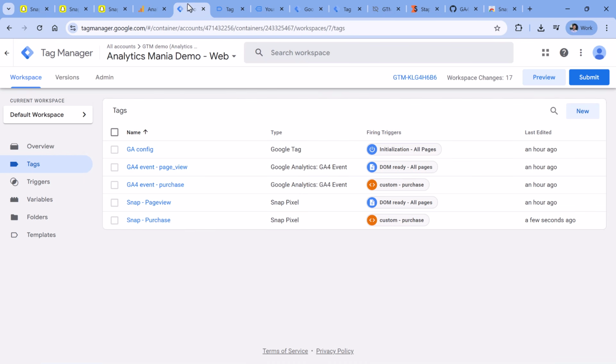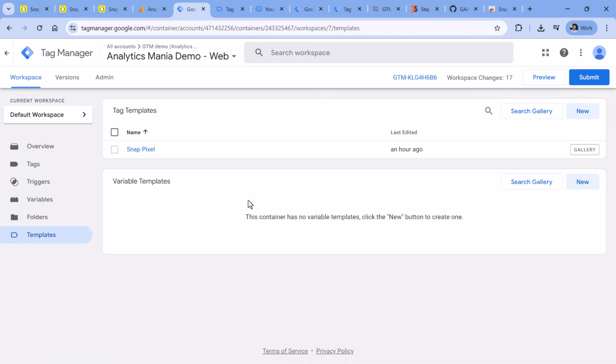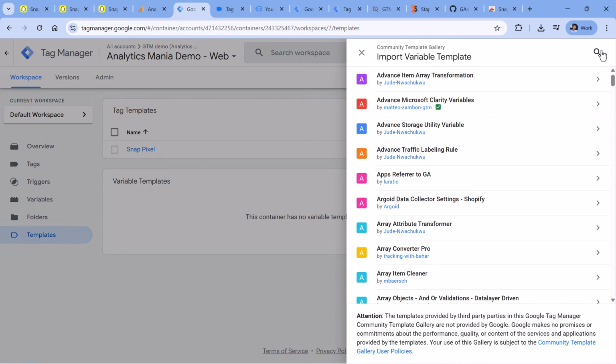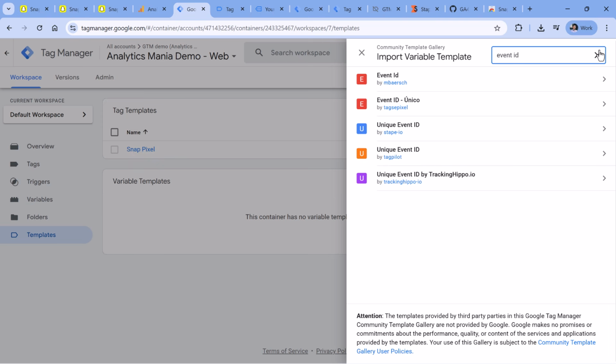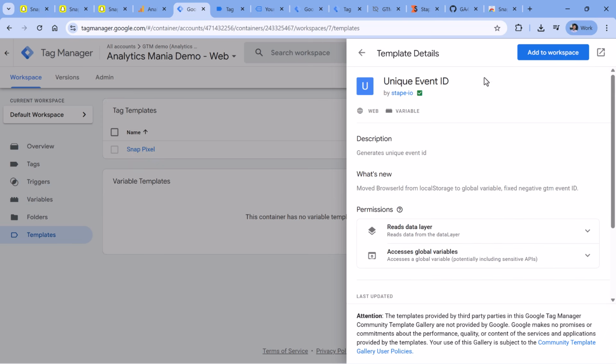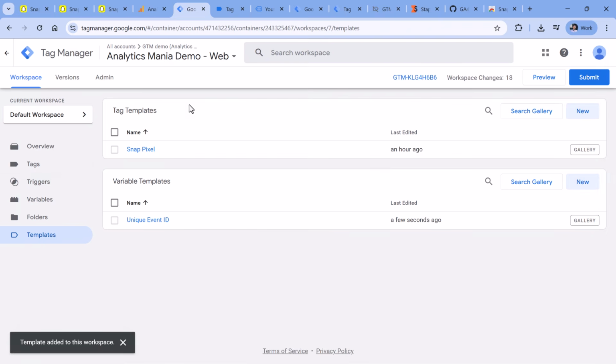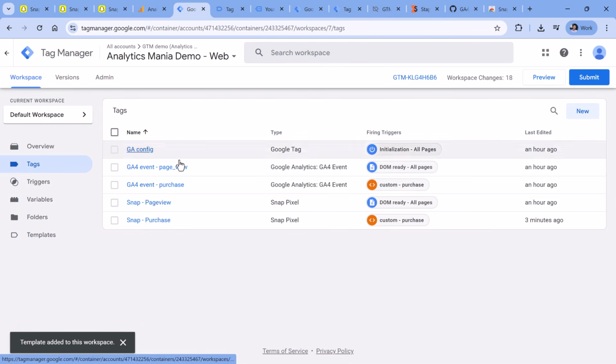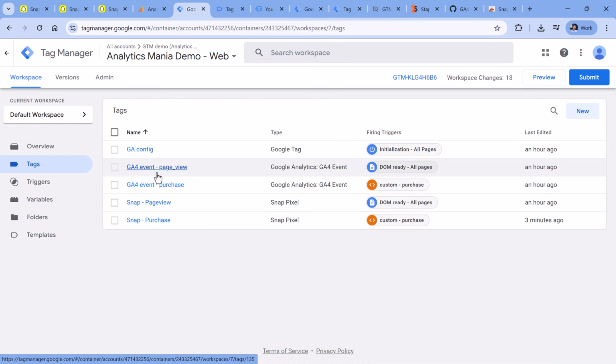So let's go to the website Google Tag Manager container, click templates, then in variable templates, click search gallery, and then start typing event ID and select unique event ID template created by Stape. Then add to workspace, add, and then let's go to tags and update all of these tags and include the